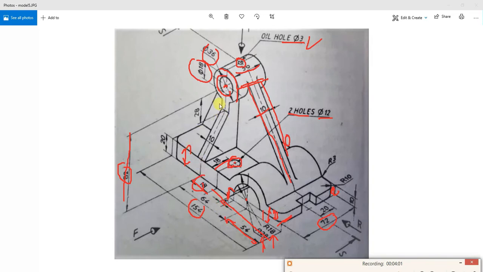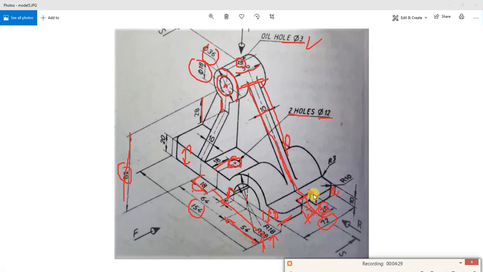Next, this height is 28. Next I need to create this rectangular pocket. The total width of this one is 40 because it is 20 from the center line on each side.